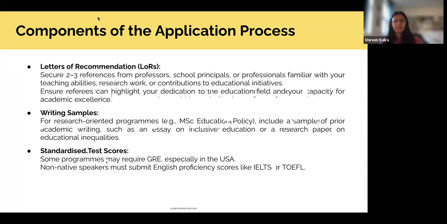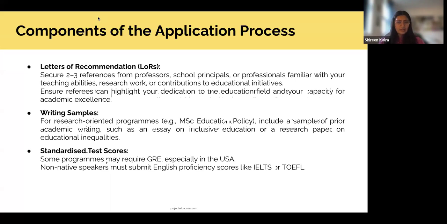But I had the time, and a good way to approach it perhaps would be to just pick out a contemporary book on anything that relates to you in the field of education and write a book review, or pick out an essay and write a review for that. That allows you to engage critically, but also tell the professors that you are able to engage with a piece of writing and figure out what its strengths and, so to say, weaknesses are. So yeah, that would be a good idea.